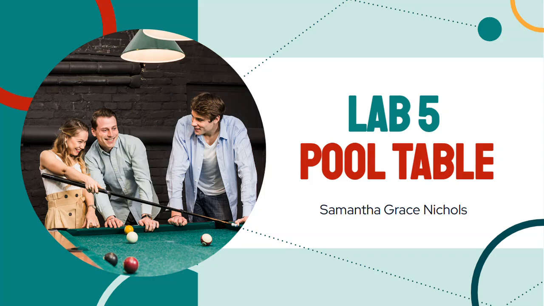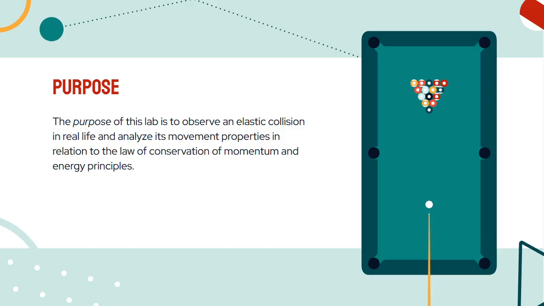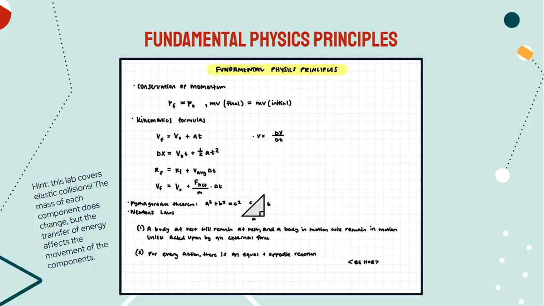Lab 5: pool table. To introduce this lab, the purpose is to observe an elastic collision in real life and analyze its movement properties in relation to the law of conservation of momentum and energy principles. Some fundamental physics principles we need for this lab are the conservation of momentum, meaning the final momentum equals the initial momentum, kinematics formulas such as the velocity and position update formulas, change in x, and solving for v and v final,